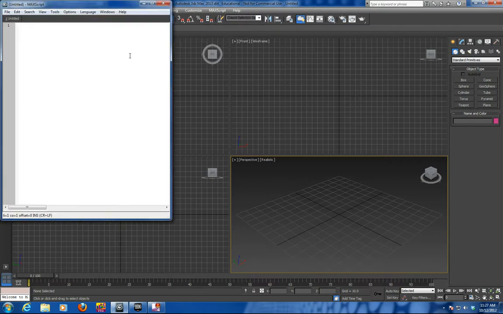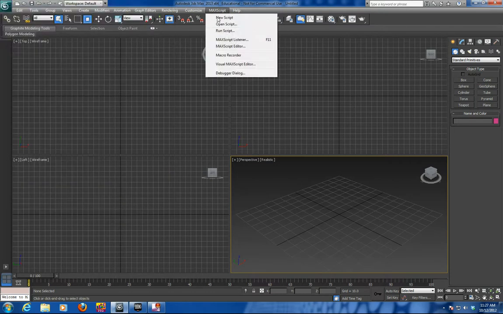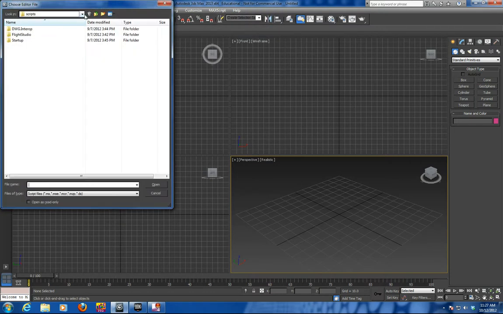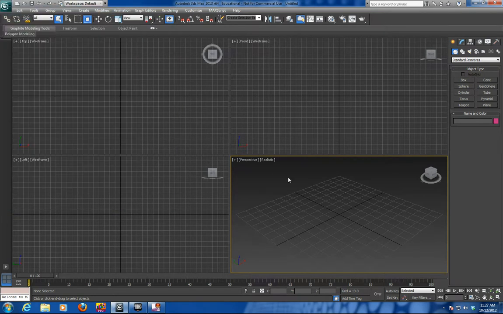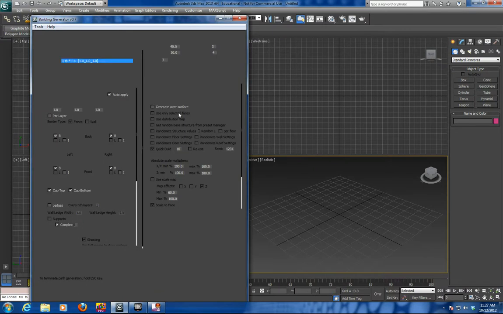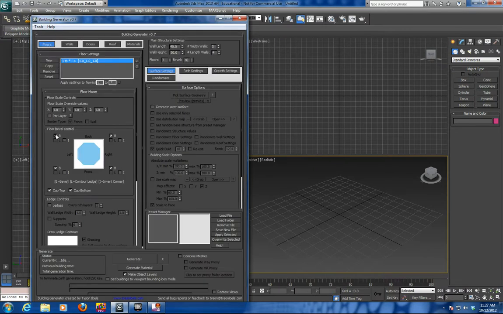So I'm going to run a script called building generator. I just threw it on my desktop. You can go to thescriptspot.com. In the script, there's a lot of different options for floor bevel. You can change it to square. What I'm going to do in this case is leave it on the